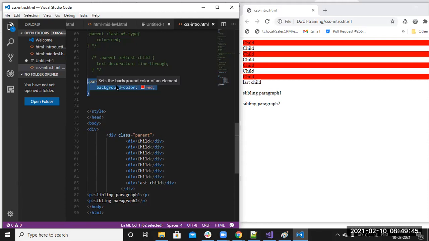Okay, so nth child of, well, first element means 1, nth child of 2, nth child of 3, nth child of 4, nth child of 5. Okay, nth last child of 1, nth last child of 2, like that you can write. But if you have one table, and in that you want to select every even TDs, nth child of 2n plus 1 you can write. Every odd number you want to select in the list, nth child of 2n you can write. For that, odd numbers will be selected. Okay, so these are the things you can remember in this nth child of things class.